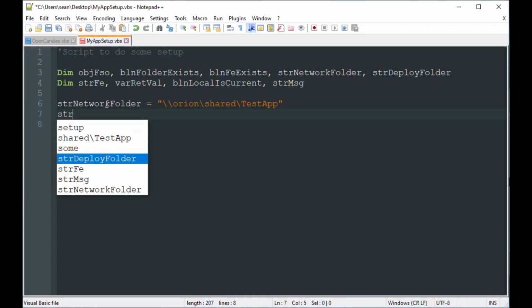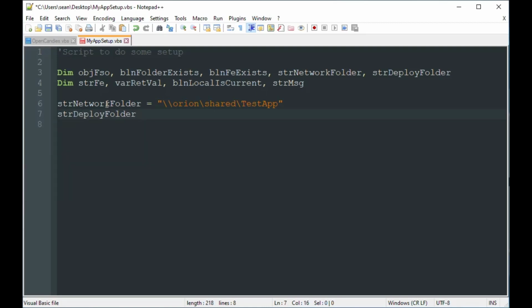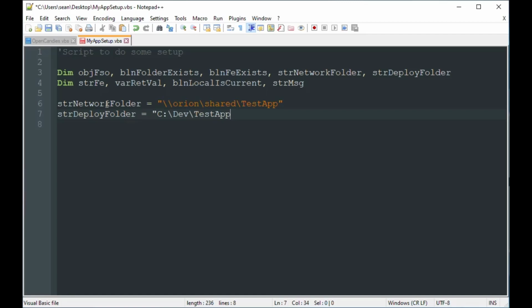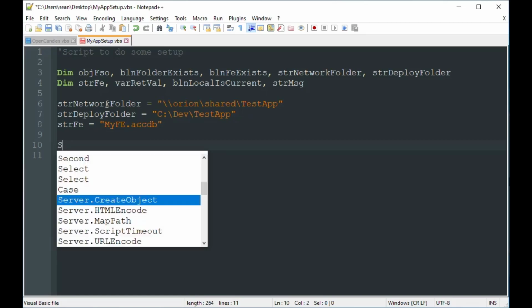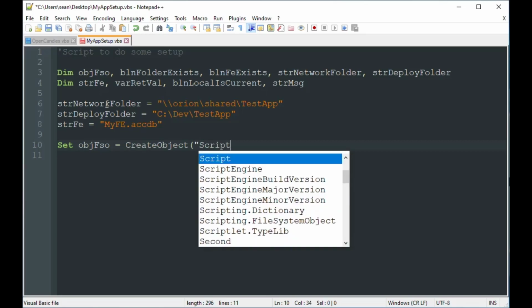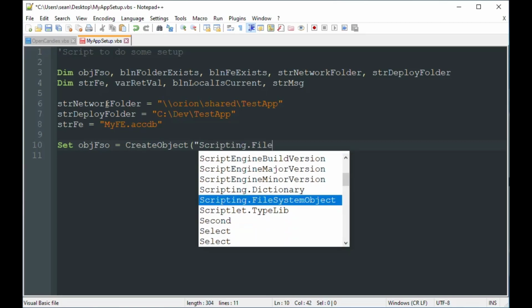compared to using Notepad, which is a dog for doing this work. As you can see, I'm setting up my network folder. That's going to be the Orion server with the shared file share and test app folder, which is there. And then the deploy folder is going to be this C dev test app folder. And I'm going to set the front end file name to myfe.accdb, which is the one that is on the network share there,